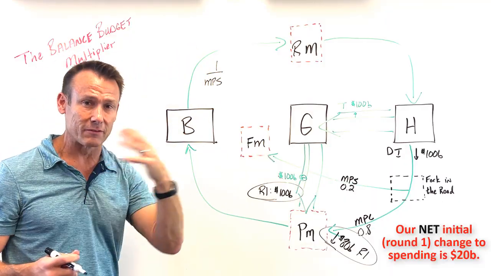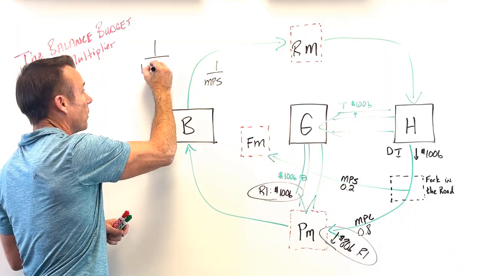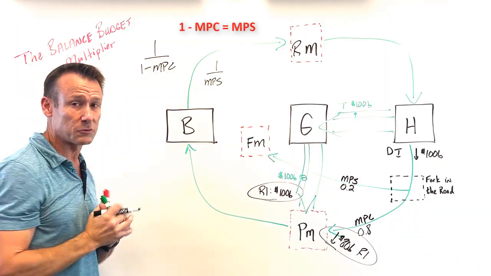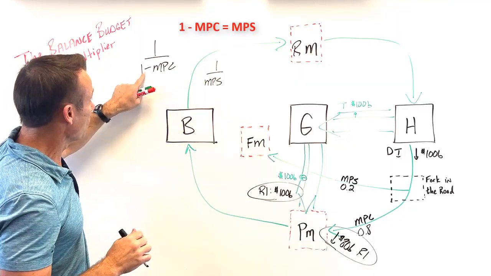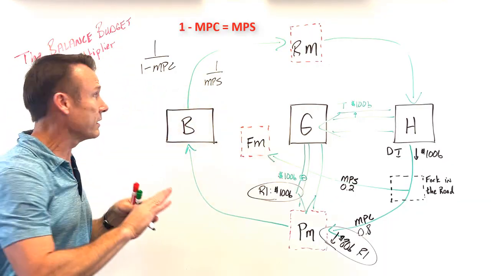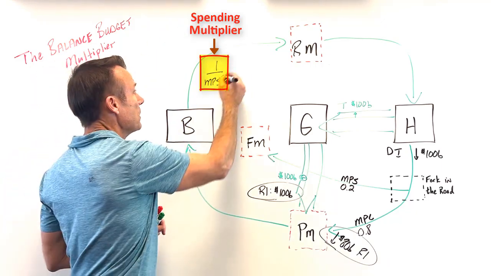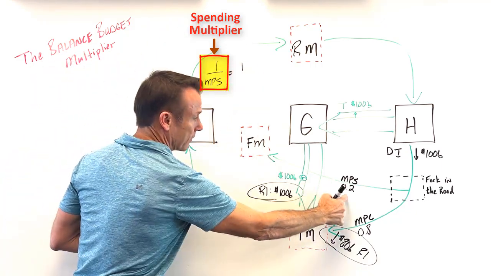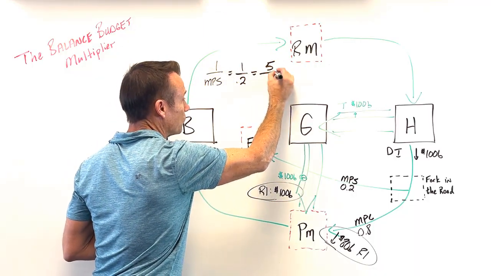Let me say that again, since I kind of messed up on that a little bit. A lot of people might teach it as 1 over 1 minus the MPC. That's the spending multiplier. I like to think of it this way. Understand that 1 minus the MPC is the MPS. So these two things are one and the same. Okay, so that's our spending multiplier. Well, that equals 1 over 0.2, which equals 5,